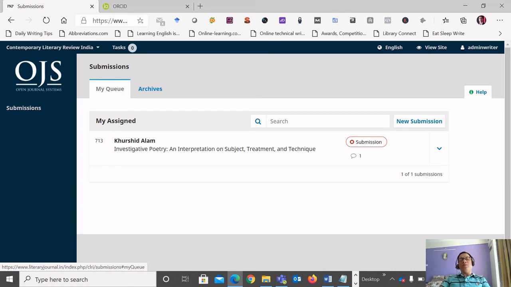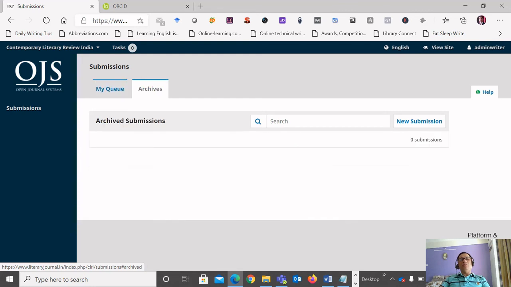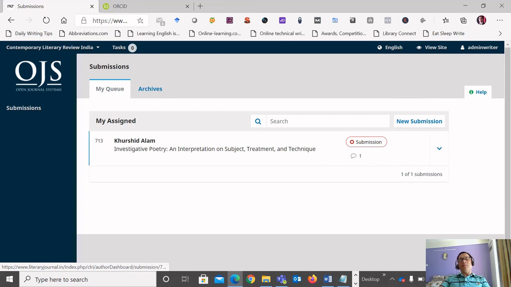My queue means that this is in submission stage, and as the submission will be picked up and its status will change, this will be reflected here. Under archive means once it is approved or submitted or rejected, whatever, so this submission will come to this section. So currently I can see that my submission is okay.